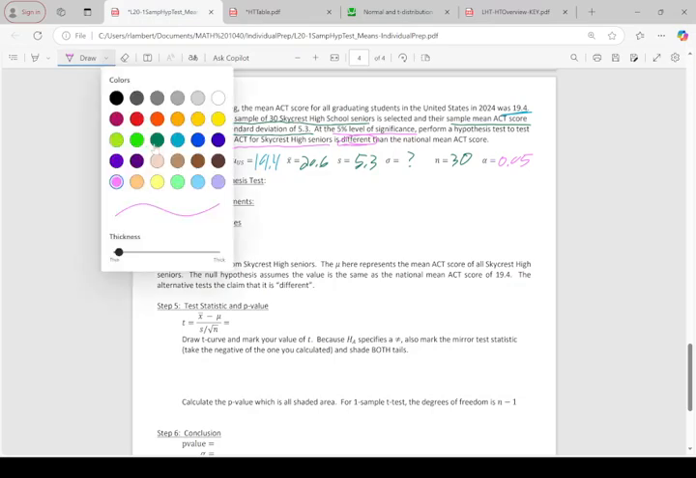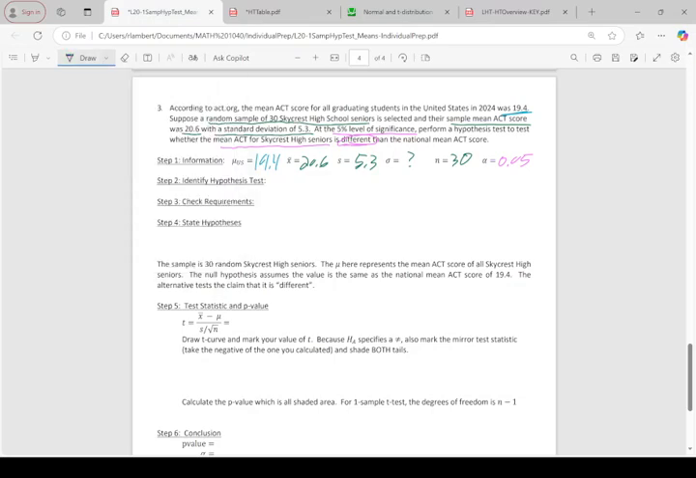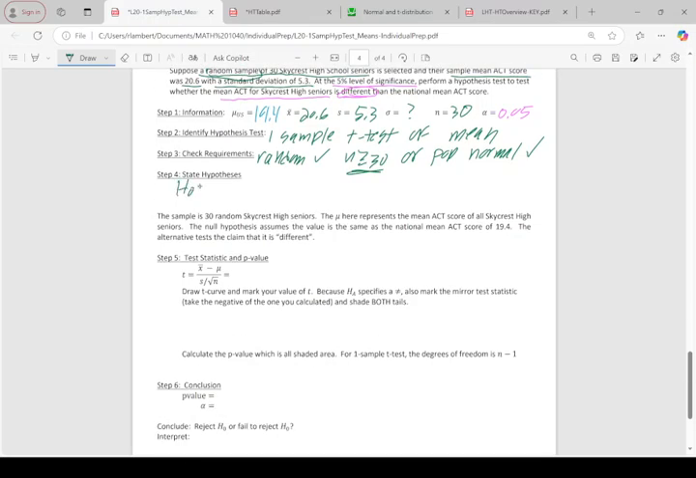All right, so we'll try to go a little faster this time. We don't know sigma, so this is going to be a t-test. The requirements for that: we need a random sample, and it told us that here. And we need either a sample of 30 or higher, or the population data is approximately normal. And our sample is 30, so that works too. Our hypotheses